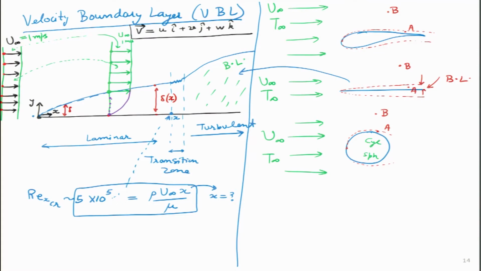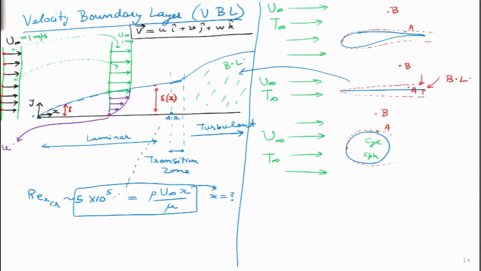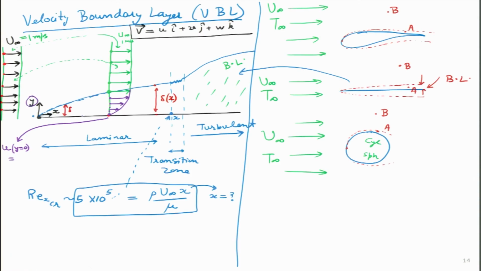If I draw it like this, the velocity profile that I am showing over here is a gradually decreasing velocity profile, and the velocity of the last molecule of air, which is closest to the solid surface, becomes 0. Mathematically I can write that velocity small u at y equals 0, which is this particular point. You can see the y axis over here. So y equals 0 means all these points, all these purple points over here, where the velocity is 0 meters per second. This concept is very important, so I will write it down that this is because of the no slip condition.